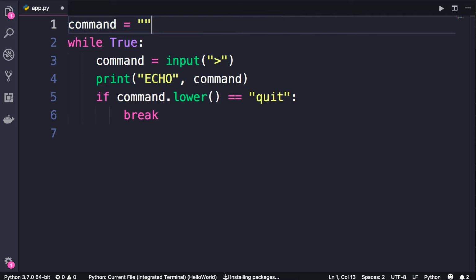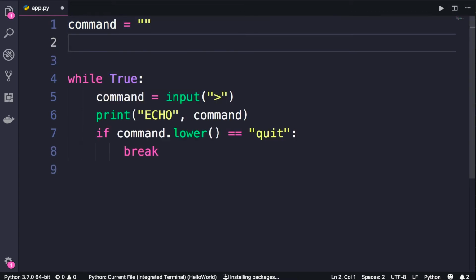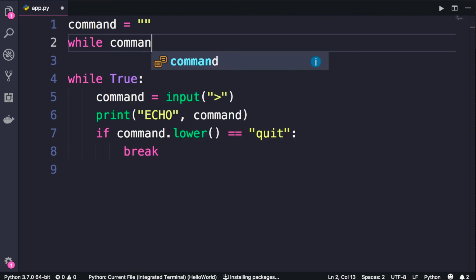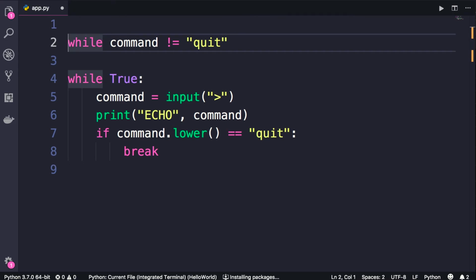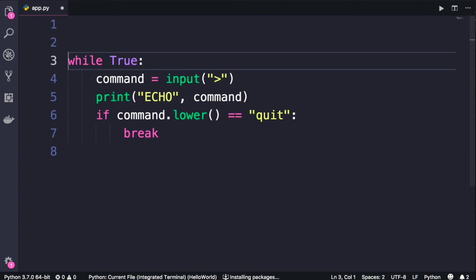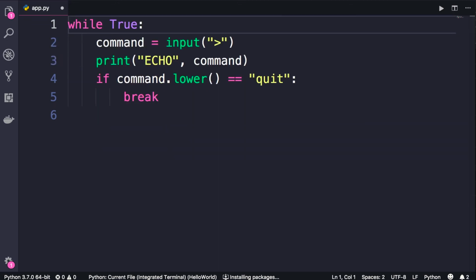Previously we needed this because we had a while statement like this: while command does not equal quit. So we had to define this command variable, and that's why we set it to an empty string. Without this line, when the Python interpreter tries to execute this code, it doesn't know what command is. So now that we have an infinite loop, we no longer need to define command and set it to an empty string. So in terms of functionality, this program is exactly the same as the program we wrote in the